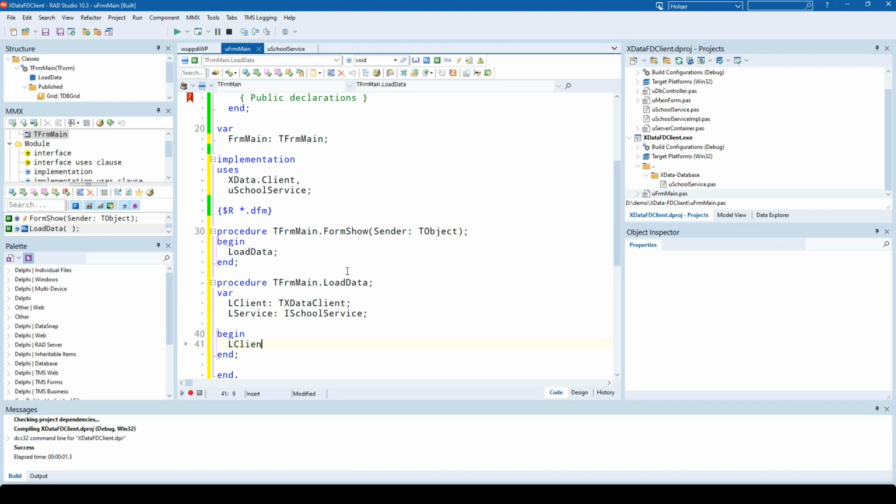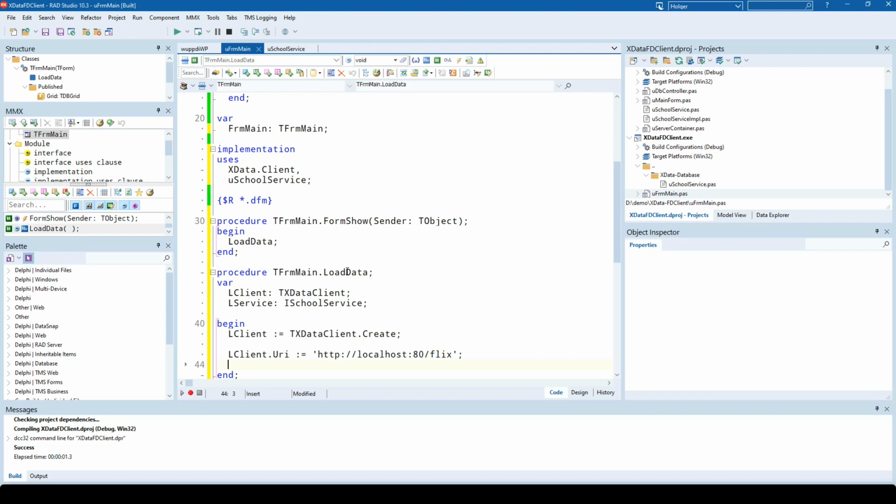So let me write a few more lines of code and it becomes very clear why XData is so brilliant in this case. TXDataClient. Let me make it nice. Okay. Create. We simply create a client instance. And this, of course, is a hard-coded string here for me in the demo. Might be for you as well. So we need to point to the root of the web service, which is localhost port 80 flicks for me. And then we have to assign LService, the service variable. And we get that through the client,